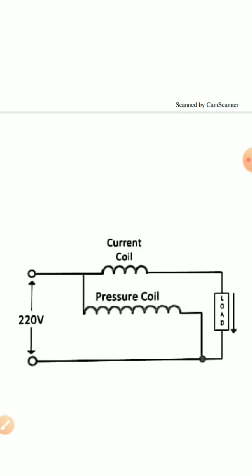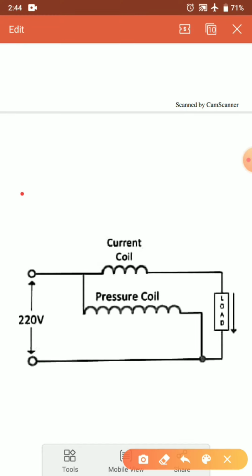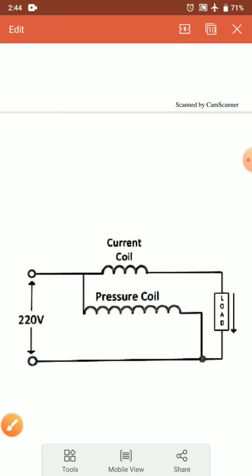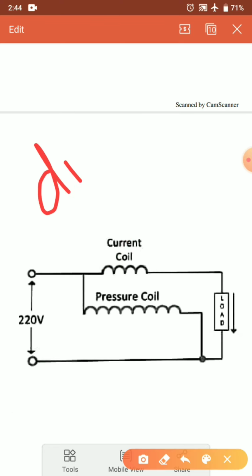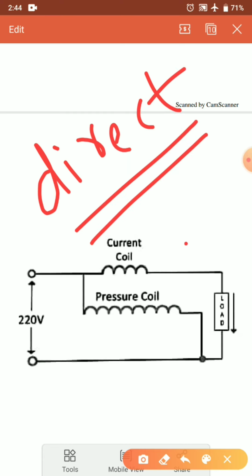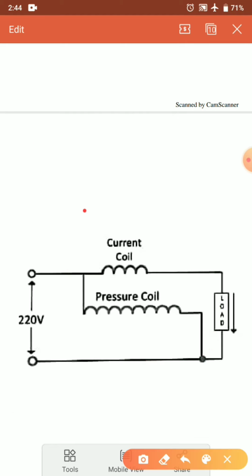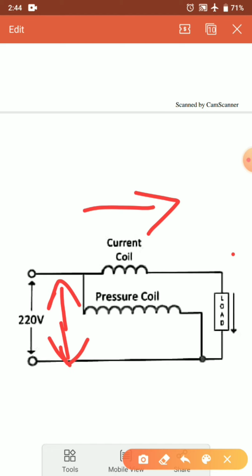If I am in an industry which produces energy meters, many meters will be produced and all these meters have to be tested, so a large amount of power loss is there. To avoid that, we will go for the concept called phantom loading. Phantom loading is also called ghost loading in some literatures. For understanding phantom loading, we will see the direct loading condition. Now let me show this. This is the direct loading condition of an energy meter. Here we can see that the current coil is connected in series and the pressure coil is connected in parallel across the load.